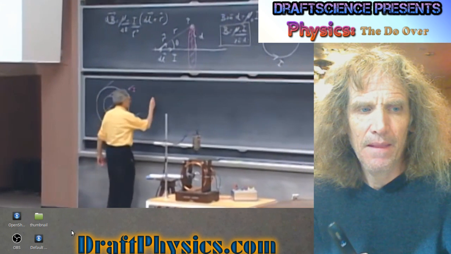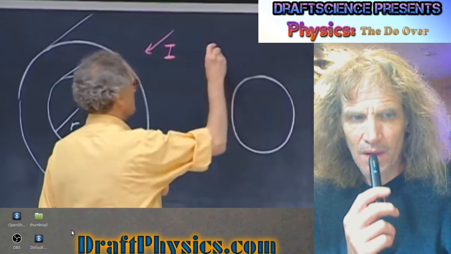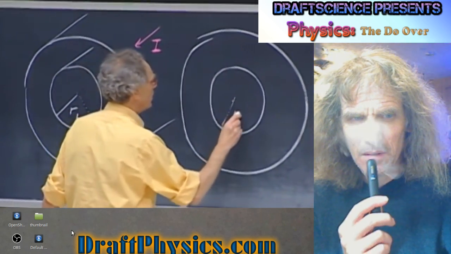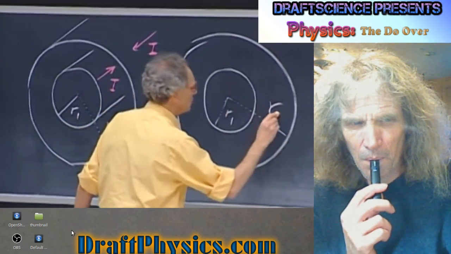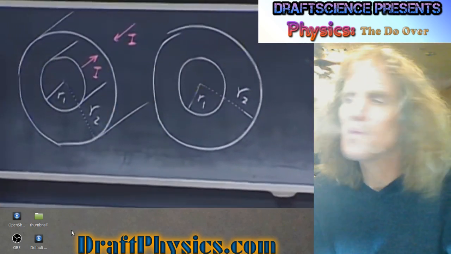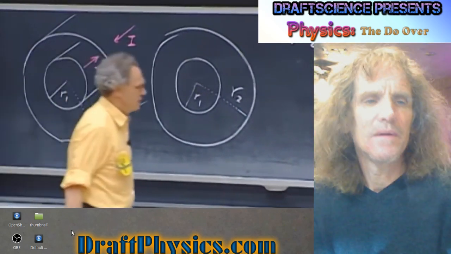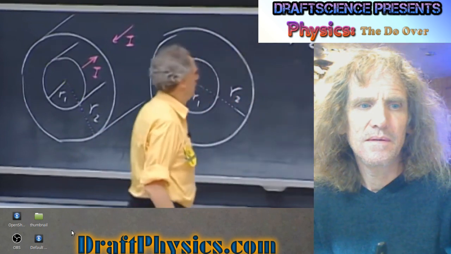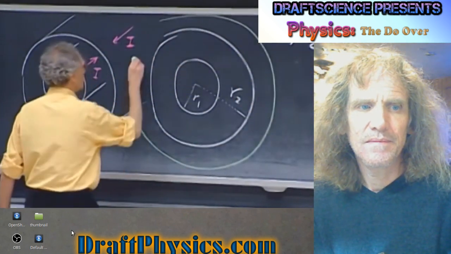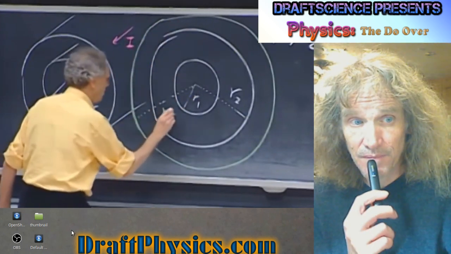I will make a drawing whereby we only see the cross section. So this is R1, and this is R2. And let's first calculate the magnetic field for R being larger than R2. It's immediately obvious that the closed loop that you choose is going to be a circle. That is a must. Radius r.